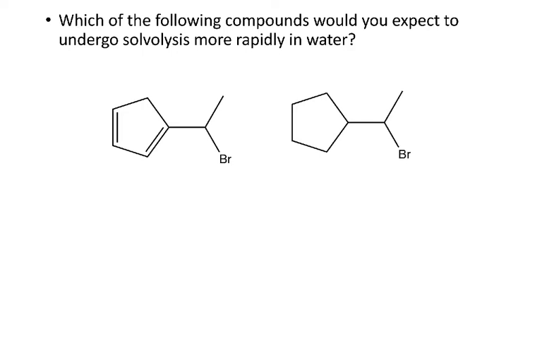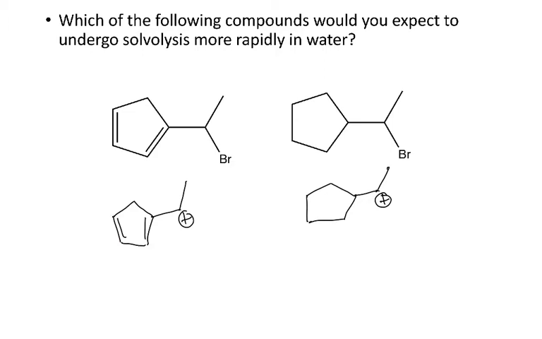Okay, here's another example. Again, the solvent's water in both cases. Bromine is the leaving group in both cases. So the only difference again, I think, is going to be in the carbocations that we produce. And so in both cases, we produce secondary carbocations, but the one on the left is going to be more stable because